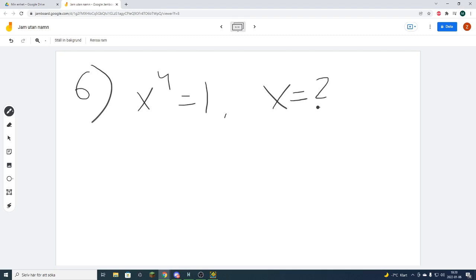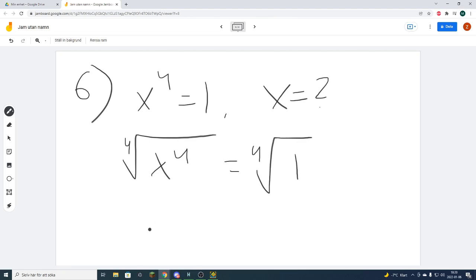Now, x to the 4th power. You can see here there are 4, so we will have 4 roots if we consider both the real and the imaginary numbers. In fact, if you take the 4th root of x to the 4th, it's going to equal the 4th root of 1, and so x is equal to the 4th root of 1, and in fact the 4th root of 1